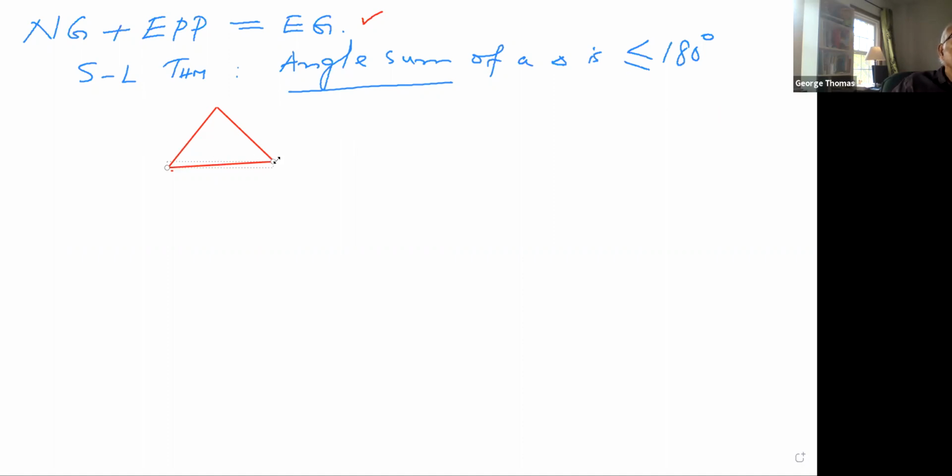Think of this as a line, then this becomes a point not on the line. Agreed? So you can draw now a unique parallel to this line. That would mean, suppose I say this angle is angle 1, angle 2, angle 3. What will be this angle? Raghav,